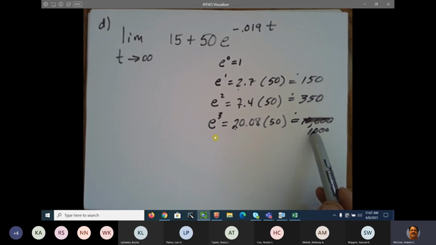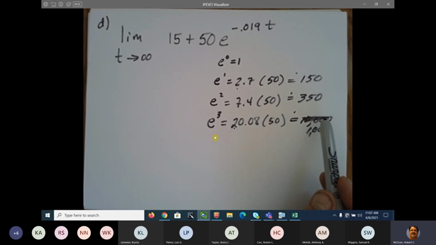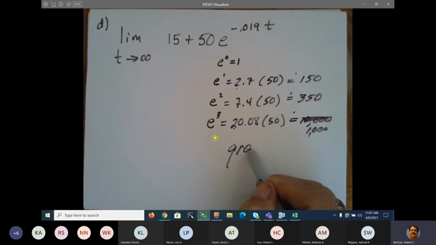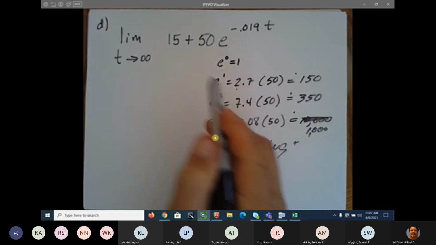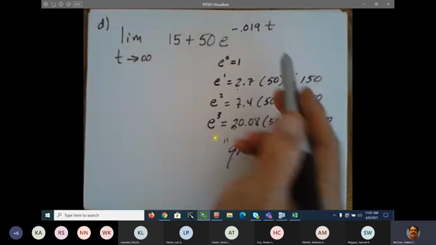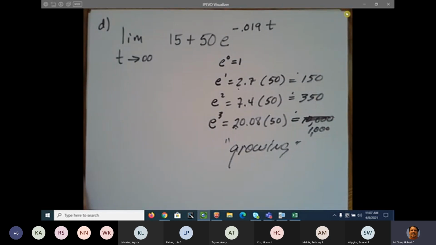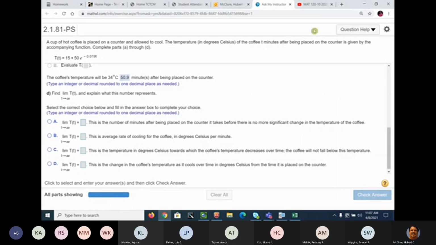So what's happening as t approaches infinity? What's happening to the function? It's getting bigger. It's growing, right? Yeah. So 15 plus 50, it just keeps growing and growing and growing. Let's see what the question's asking. Okay. As t reaches infinity,